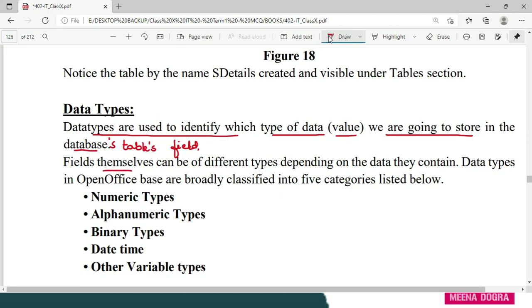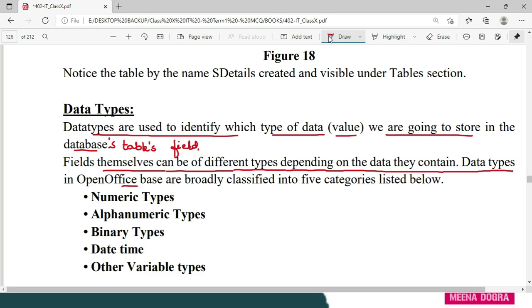So fields can be of different types, as we saw in the table that we store different types of information. It can be date type, it can be integer type, it can be alphanumeric type, it can be time type. So fields can have different types. For a record, there may be heterogeneity with respect to fields. That will depend upon, of course, our requirements, the type of information we are trying to store.